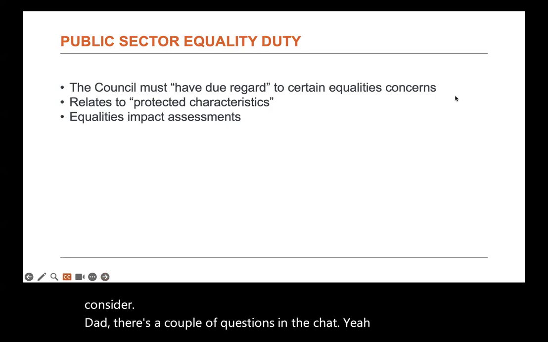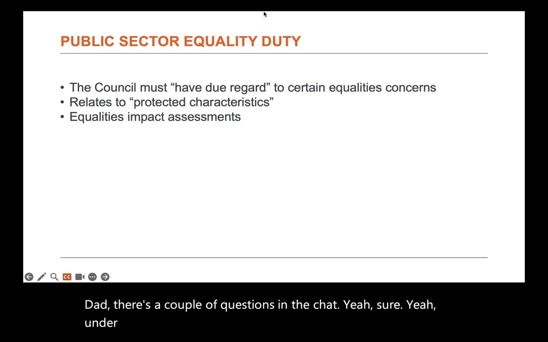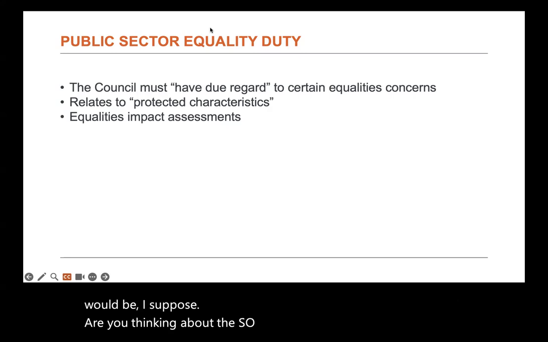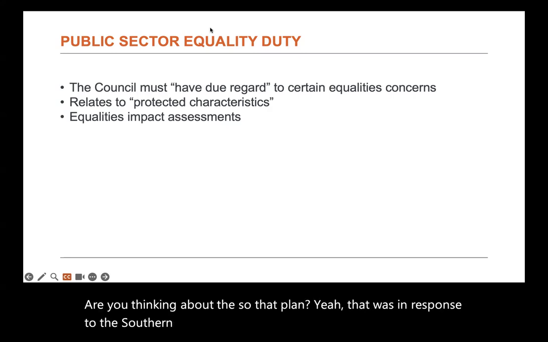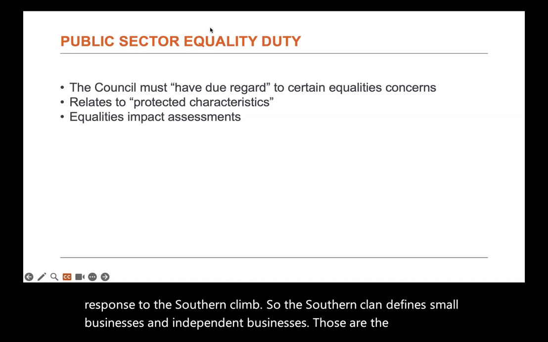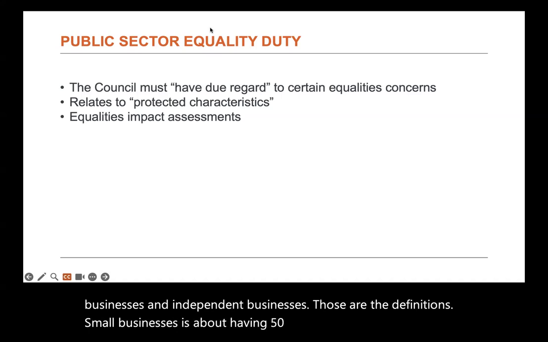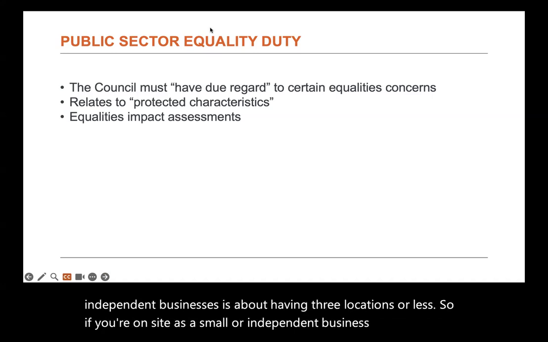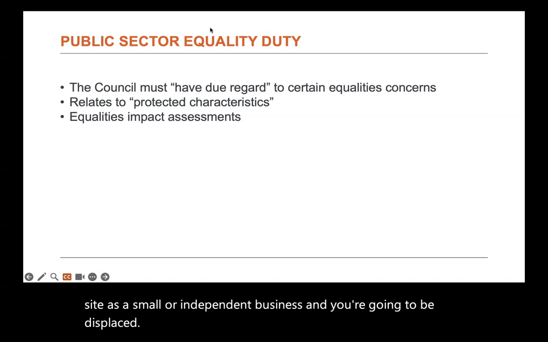Yeah, sure. Under what circumstances do businesses have to be relocated? So that would be, I suppose, are you thinking about the Southwark Plan? Yeah, that was in response to the Southwark Plan. Yeah. So the Southwark Plan defines small businesses and independent businesses. Small businesses is about having 50 employees or less, and independent businesses is about having 3 locations or less. So if you're on site as a small or independent business and you're going to be displaced,